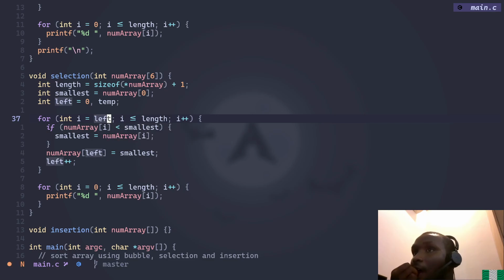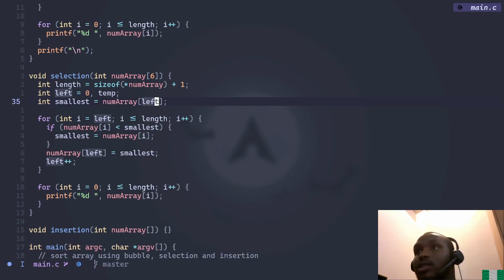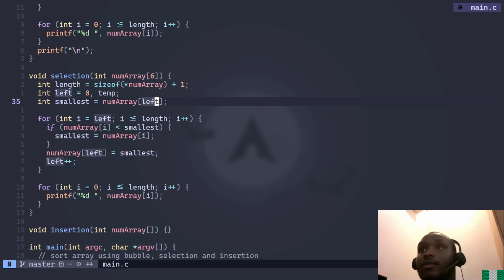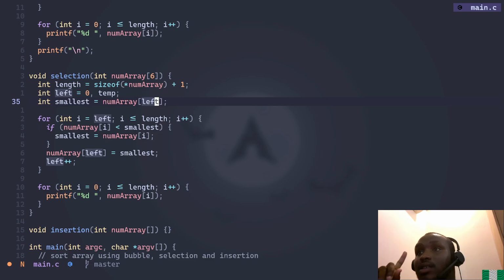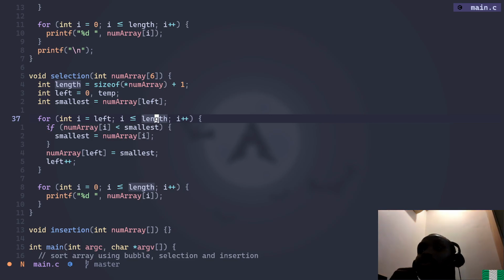This should be left. We're supposed to do the current smallest. Would this work? Smallest is 1. 1 is our current smallest. If whatever that element is is less than 1, left plus plus, now your left is equal to 1, then